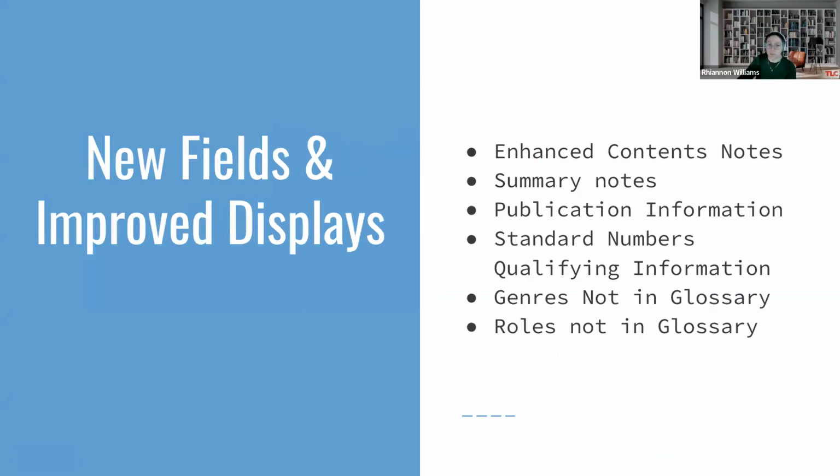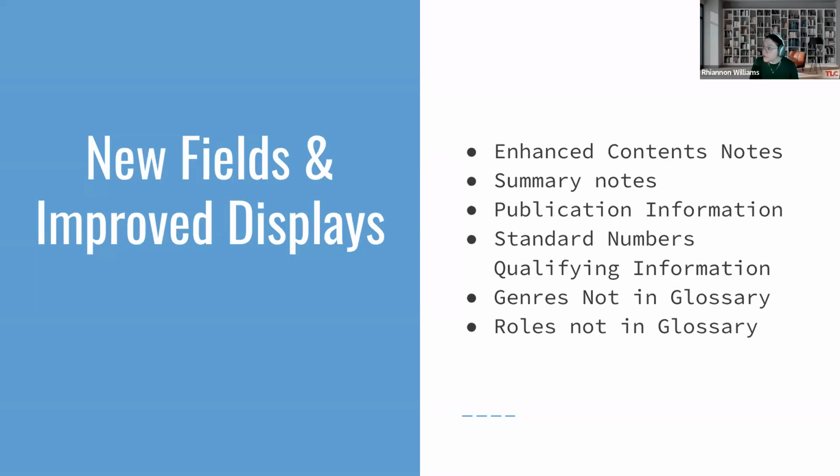So I want to talk just briefly, an overview of some of the new fields and some of the changed and improved display across the title editor and the title view display in LS2 cataloging. A bunch of different areas were touched, either adding new functionality, new displays, or just changing and improving them. And this includes the new inclusion of enhanced contents notes,